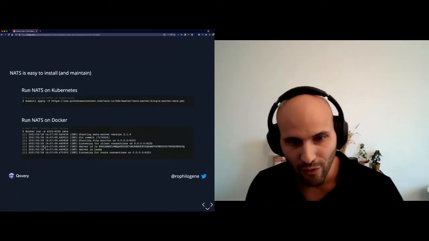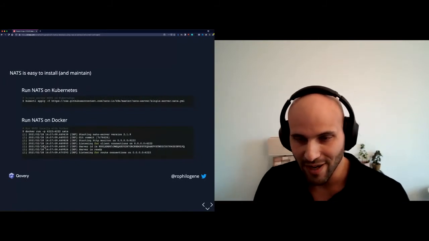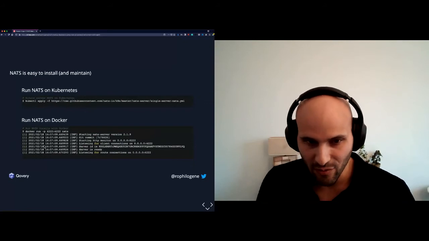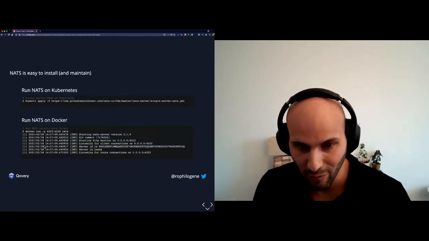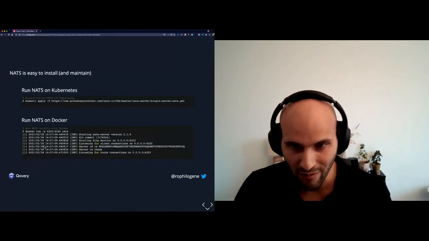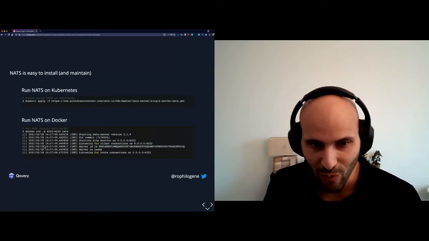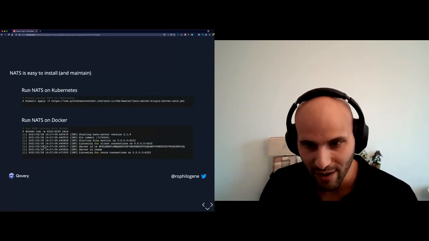So first of all, you will see that NATS is very easy to install, very easy to implement on your side. You have two ways to run it right away when you get into the documentation. You have the most, let's say, production way, like using Kubernetes, and you have the Docker way.